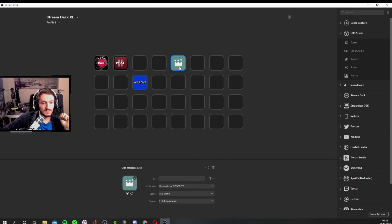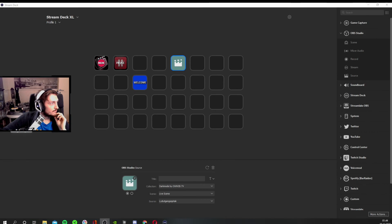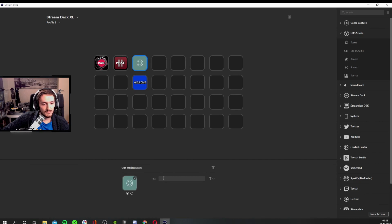Just drag it to that place, select the title and select the source for where the audio will come out from, so that you can hear the audio as well as the viewers. Go back to OBS Studio on the right side and find the record function button, add it there, and let's say call it start rec,